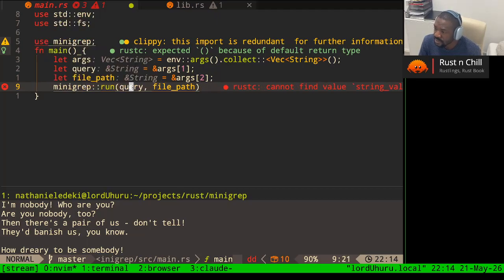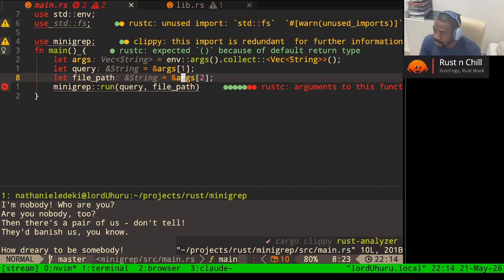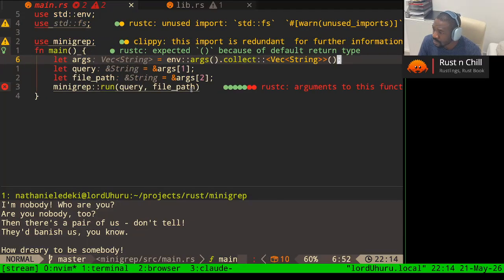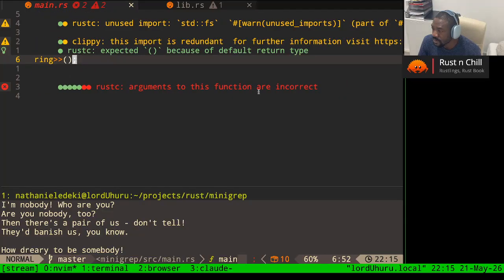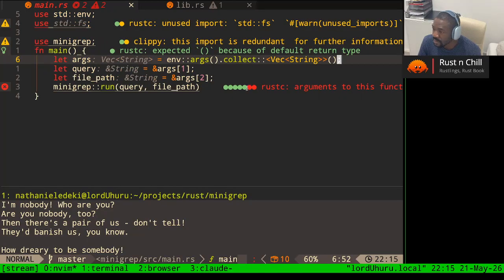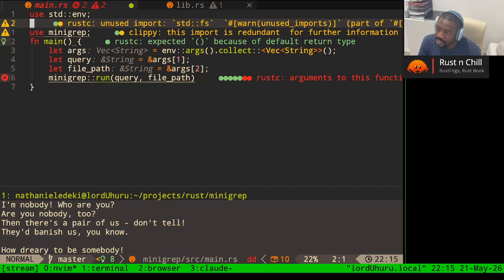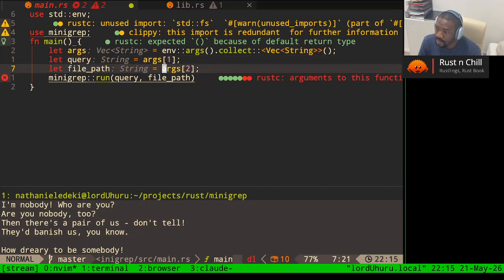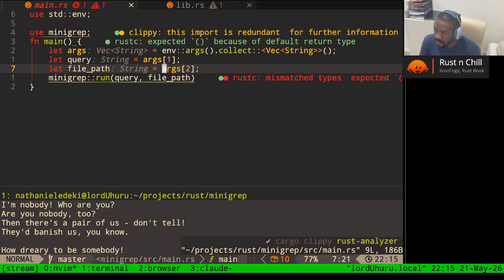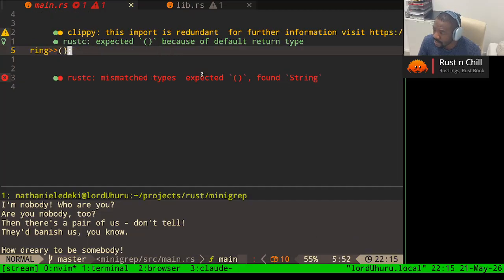Do we have string val here? We don't, right? We already renamed it. Yeah, okay. Arguments to this function are incorrect. Interesting. It just tells you it's incorrect. But anyway, we know that that's because this is mismatched types,